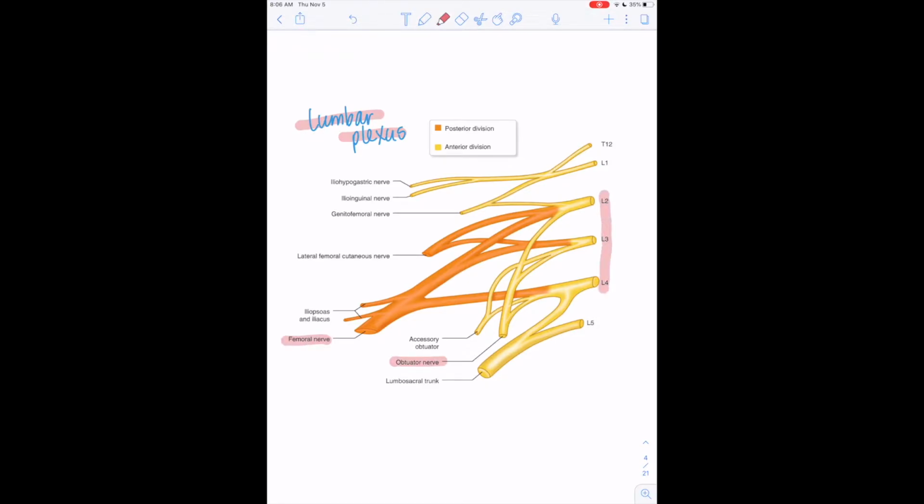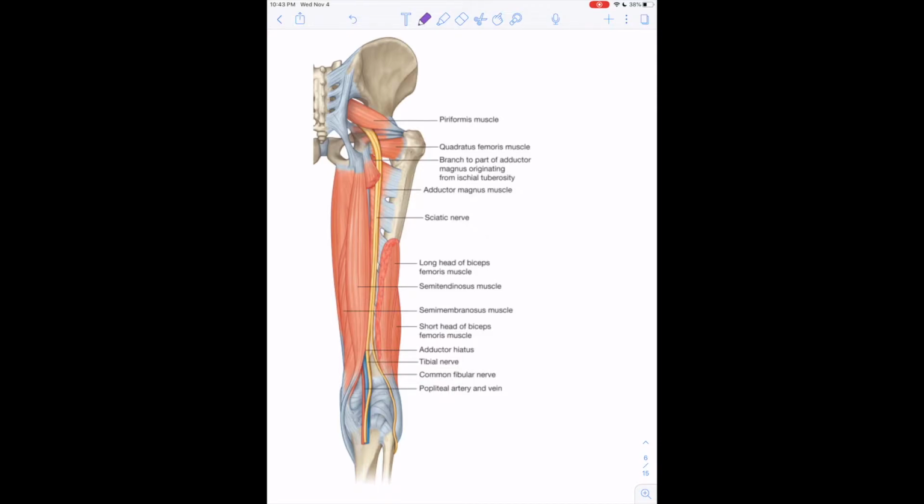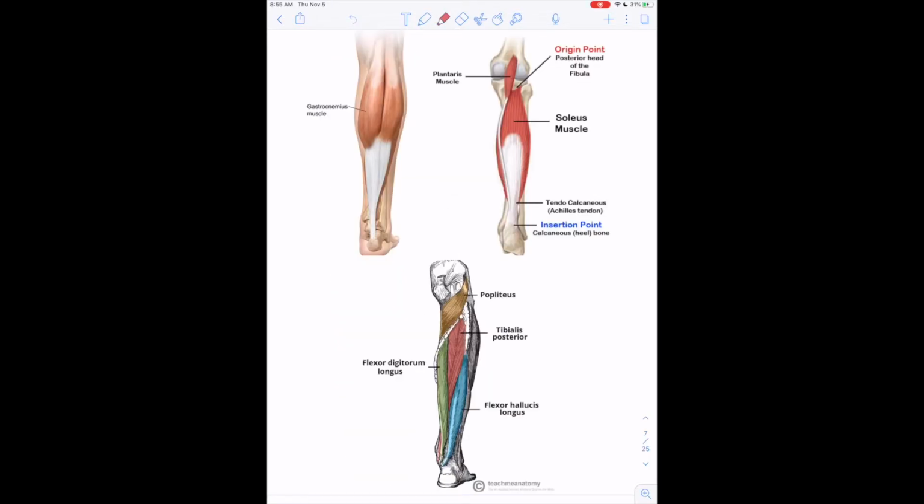L2 to L4. The sciatic nerve exits the pelvis through the greater sciatic foramen, pierces below the piriformis muscle, and travels down the posterior side of the leg deep to the sartorius. Then it bifurcates into the tibial nerve and the common fibular nerve. The tibial nerve runs down the posterior medial side of the leg, innervating all of the muscles of the posterior